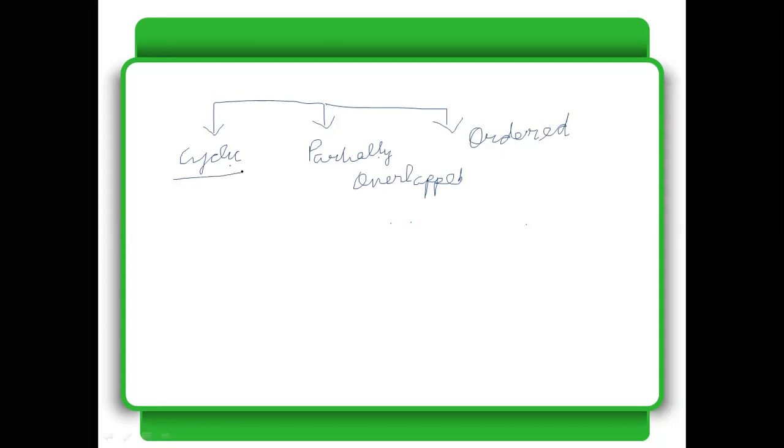So let's start with the first one, the cyclic crossover. I'll take an example, then you please try to solve. I will give you one example of how it is done. You will try to solve it and tell me if it matches. So let's say I am going to take a different example, not the numbers we have been following, just to demonstrate. Let's say I have two parents, x1 and x2.